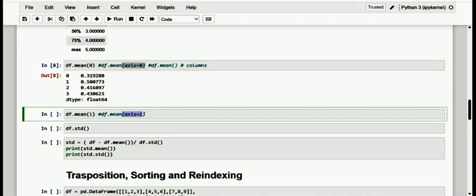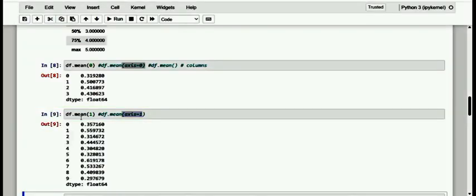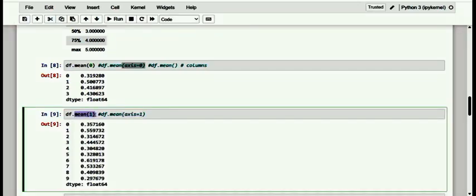Kindly have a note of it. If I specify axis 1, here you can specify mean of 1, and what we get is totally 10 rows. Here it is the statistical evaluation by row functionality.